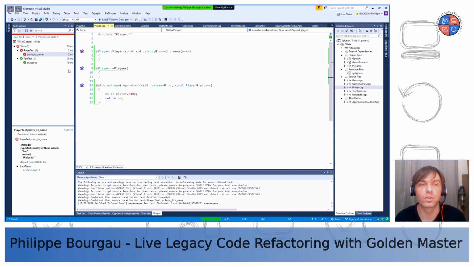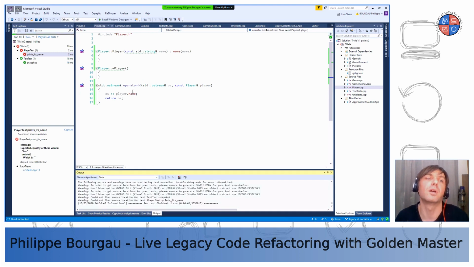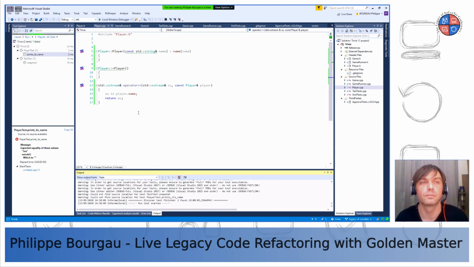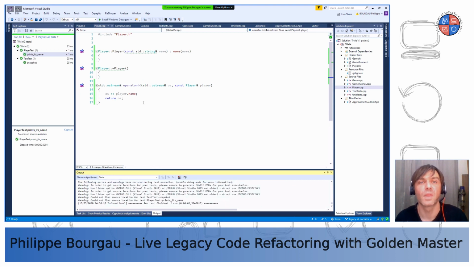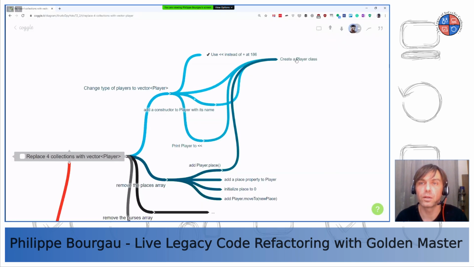Which means that now I should be able to run my tests and hopefully have it working. Here we are. So if I look at my test, I've got a player class. I can initialize it with its name, and I can print it to an output. So if I go back here, it means that